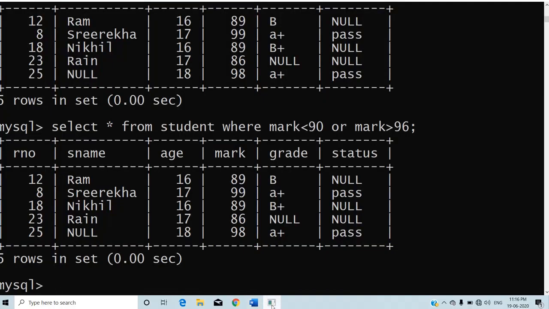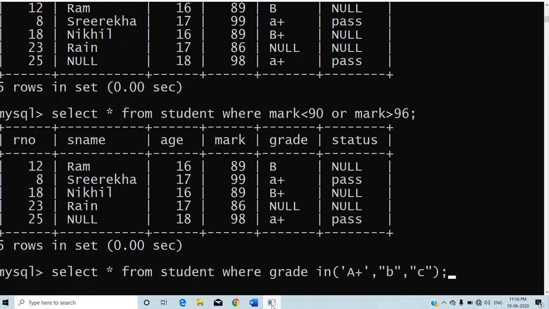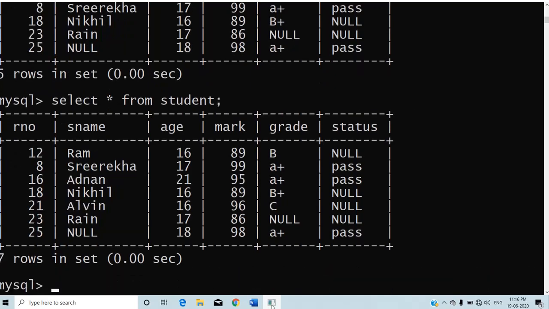See, this is my table content. Now, I am going to try out select star from student where mark. The question is 60 and 80, but I know there are no values like 60 and 80, so I am going to write it as 90 and 99.